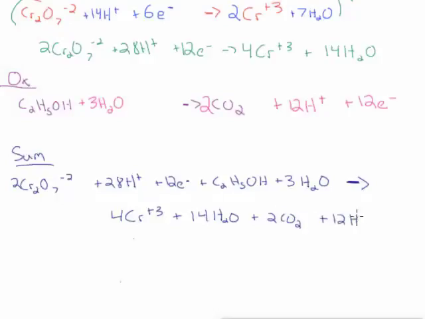Before we clean this up a little bit, we've got to cancel things out. We know that the electrons are going to cancel out. If they don't, then you've done something wrong and you've got to fix it. Let's look at our hydrogen. We have 12 here. That means we really only have 16 here. We have 3. That means we really only have 11. So we can recopy this